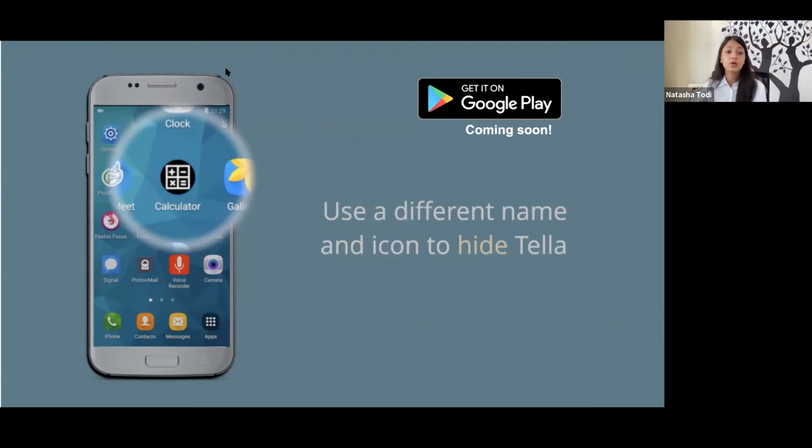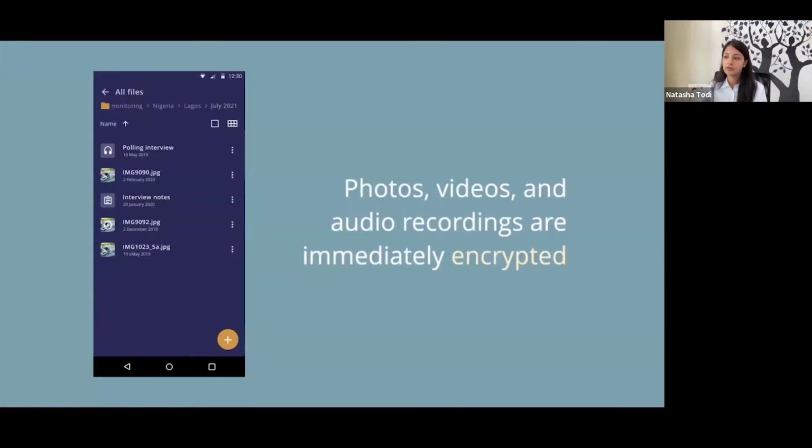So to jump right into what Tella can do, Tella itself is, as we talked about, a key tool for documenters on the ground. But some key components that might be useful for you to know is that you can actually hide the app on your phone and you can use a different name and icon. So here we can see that it's been disguised as a calculator, and that's something that would be relevant for